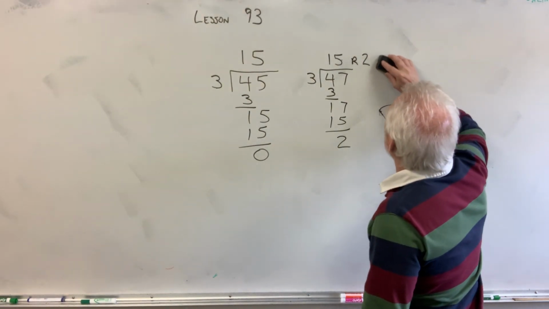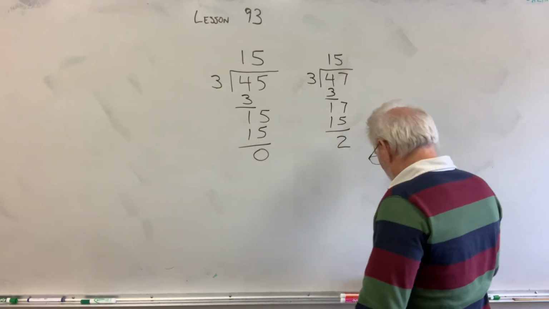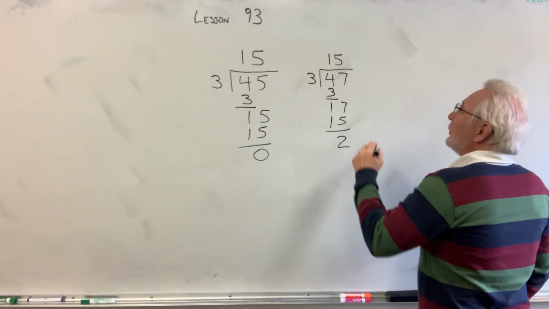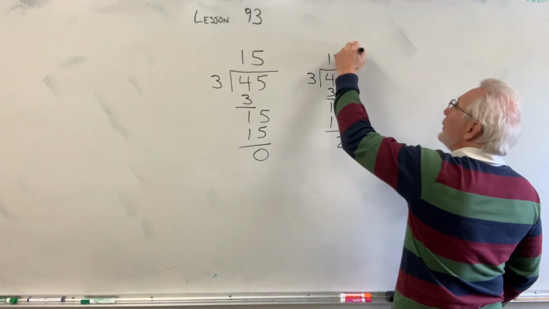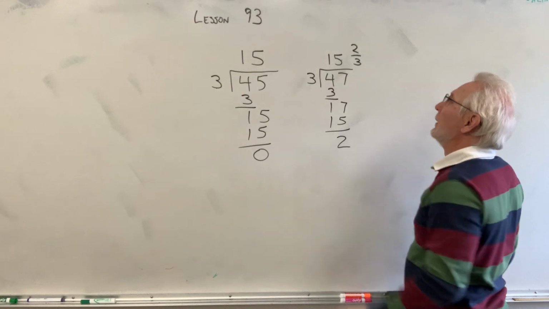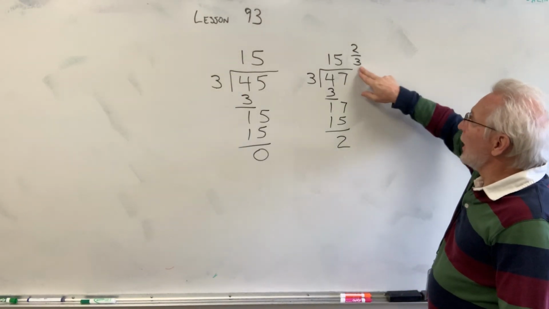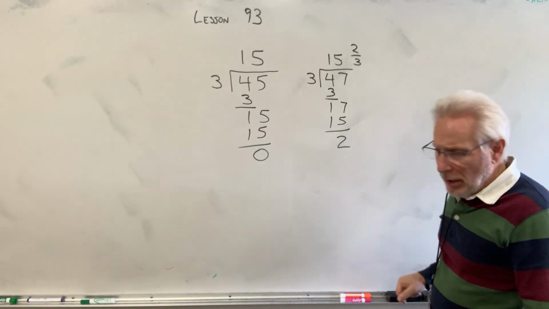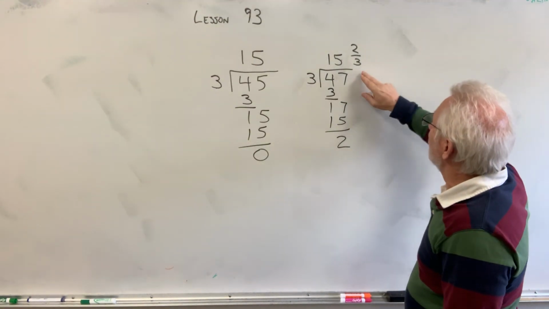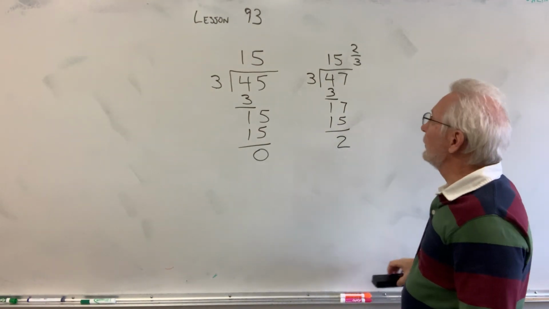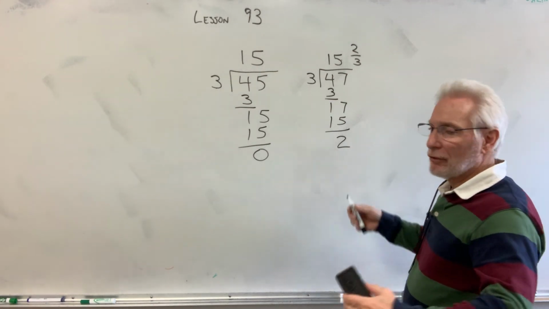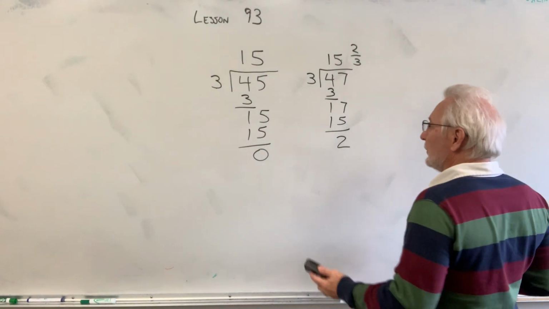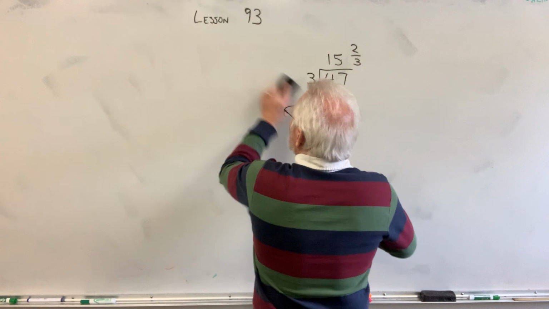Then we got smarter, and we said, you know what? We're too old for remainders. So we would take 2 and turn it into a fraction. Okay, that's a lot of what we're going to do today, because we will do some division, and it won't always come out even, but we can just take our remainder and change it into a fraction. If you can remember that, this is cake. All right, so